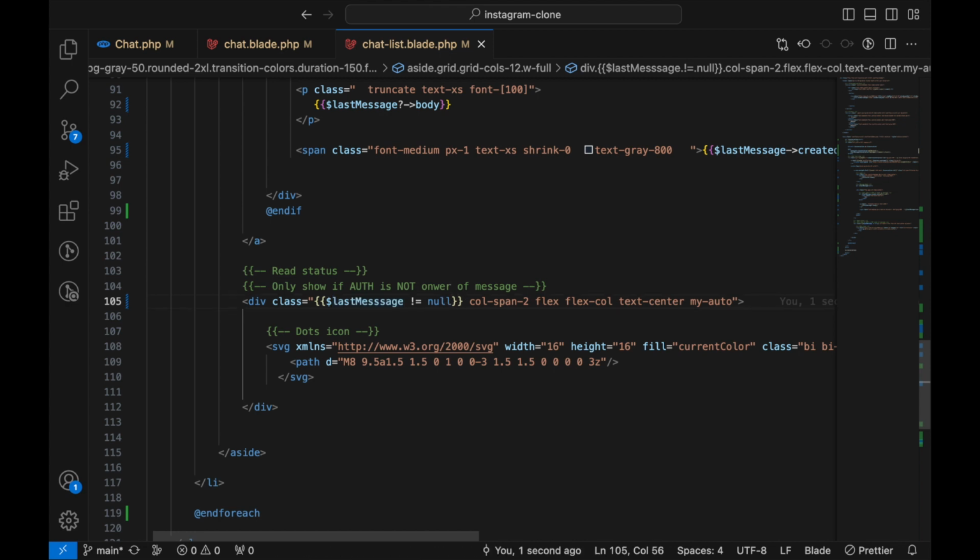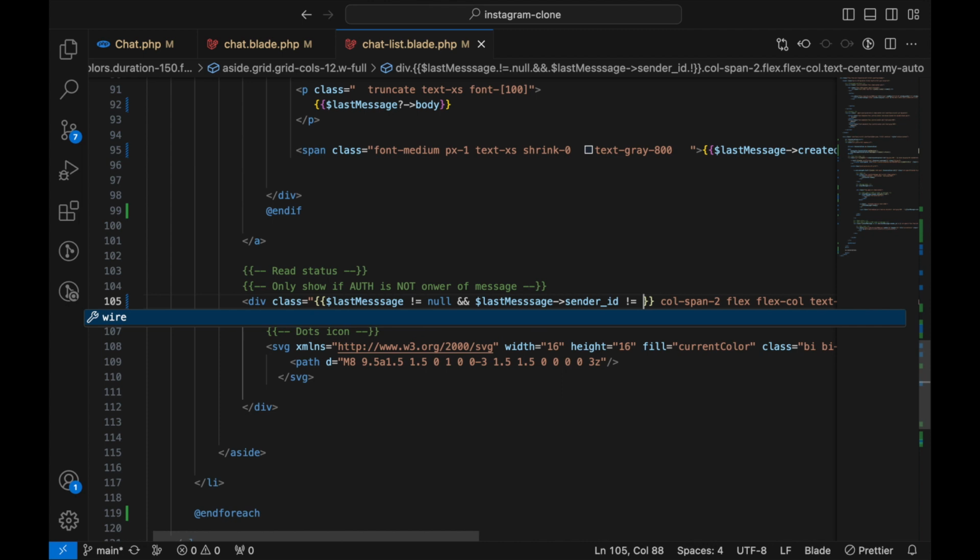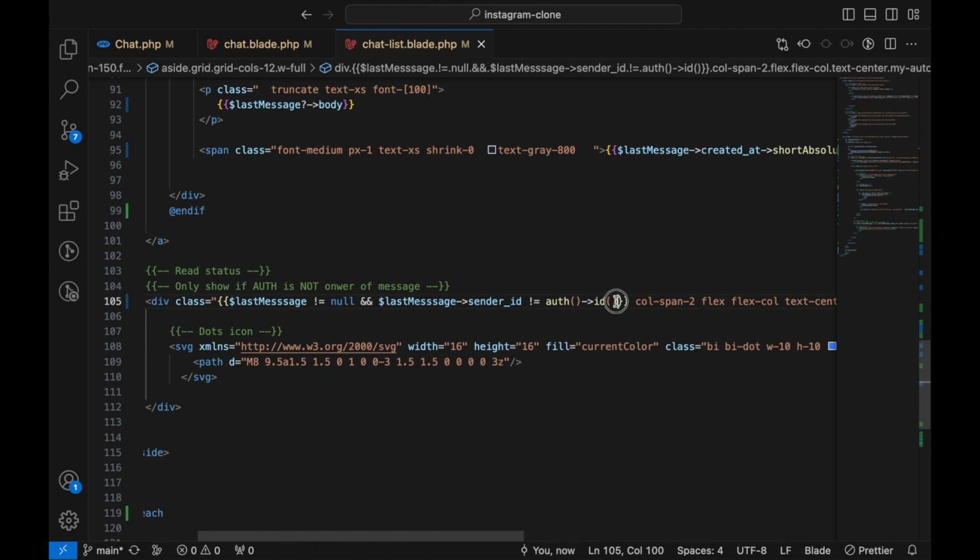I'm going to say, and if last message sender ID not equals to auth ID, make sure I add open bracket, close bracket there. And one last conditional here,